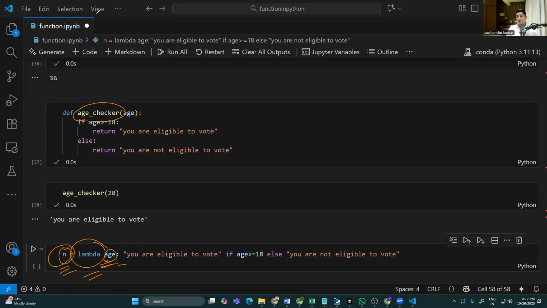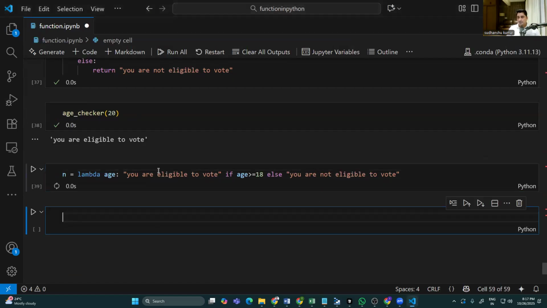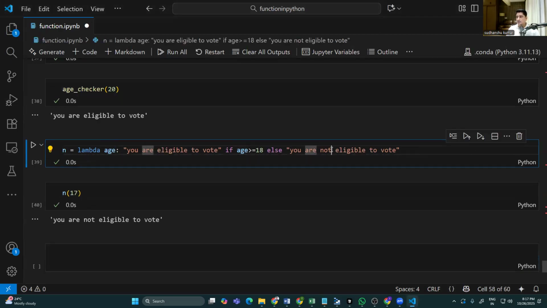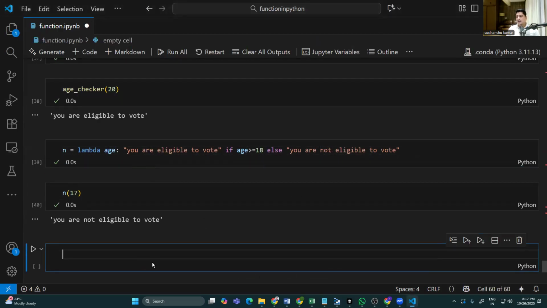So here, let me show you something. There is an inbuilt function inside Python, basically. So let's suppose here we have to use age checker. So n is equal to 17. So you are not eligible. So simple, it will take age and then give me this output. Now, let's suppose